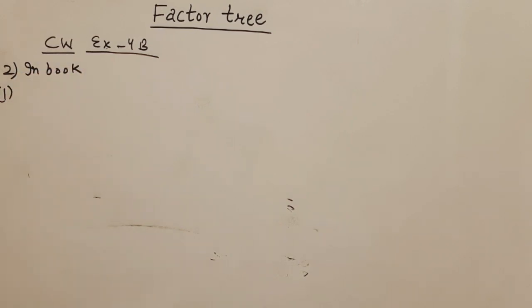So the first option is you have to do it with pencil. Don't do it with pen. The book becomes very dirty. आप पेन से नहीं करेंगे. So the first option is 1 is a prime number. पहला ऑप्शन जो दिया है true false में वो दिया है कि 1 is a prime number.